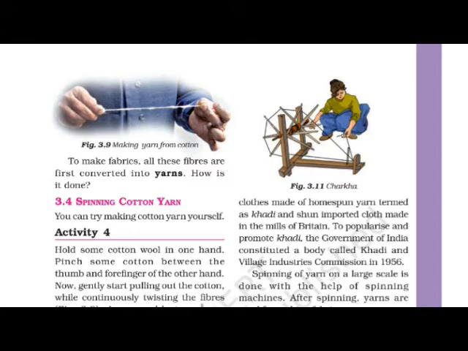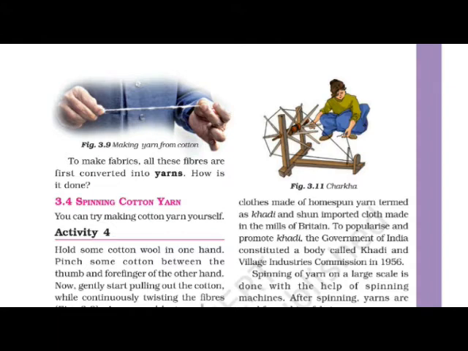In the previous session, we have seen some plant fibers such as cotton and jute, how they are obtained, and various processes involved for obtaining the cotton and jute fiber. That also we have seen. We have seen spinning of cotton yarn, and now today we are going to see how to make the fabric